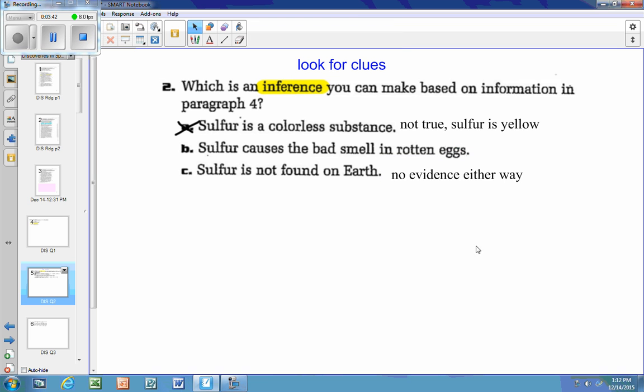Now, what I know from my experience as an adult is sulfur is found on Earth. Sulfur is one of the elements on the periodic table. Sulfur is usually what's at the head of a matchstick that causes it to light up. So I would either know from my background knowledge that sulfur is found on Earth, or I would see that there aren't any clues in the text to support it. So letter B is my best answer.